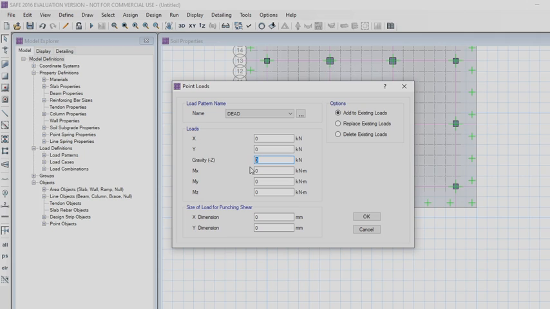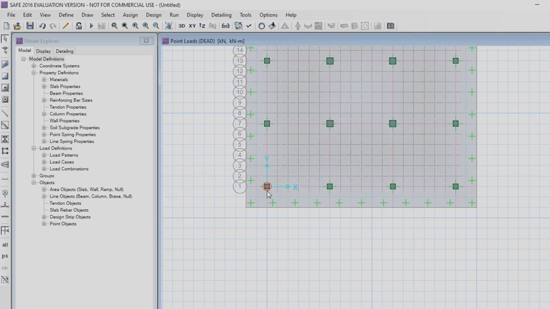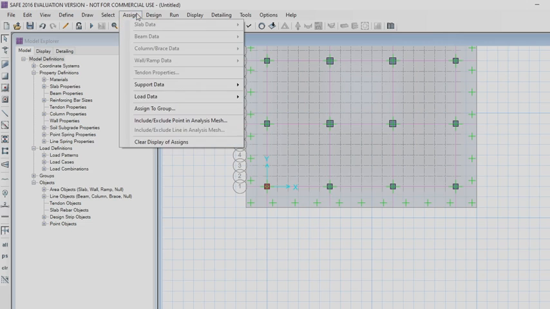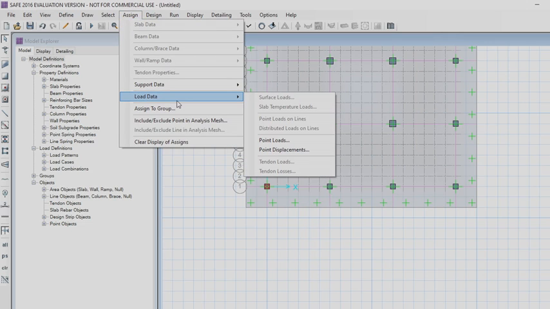The dead load is 1850 kilonewtons and size of load for punching shear is 500 mm by 500 mm. Similarly, assign live load.